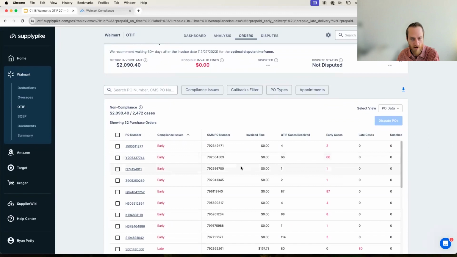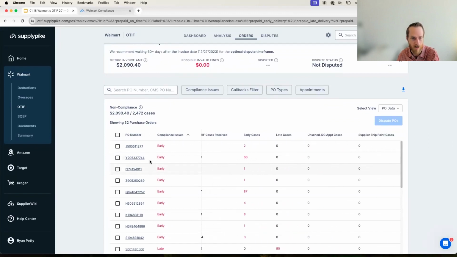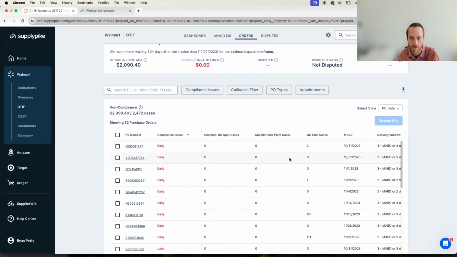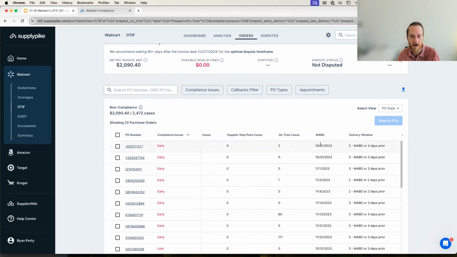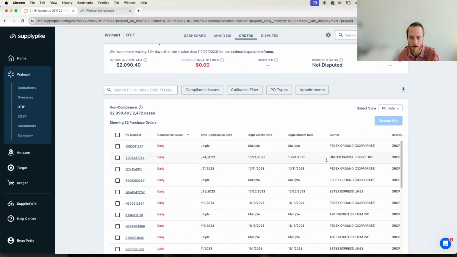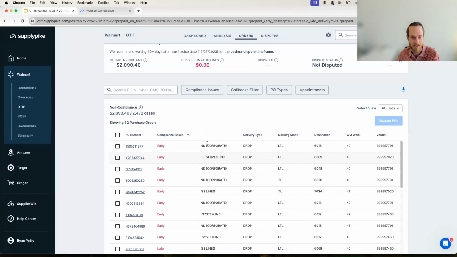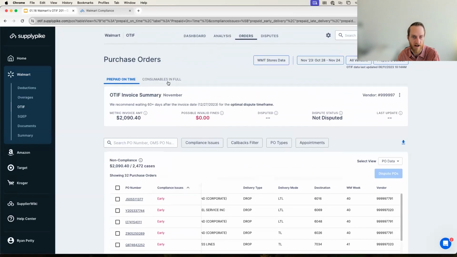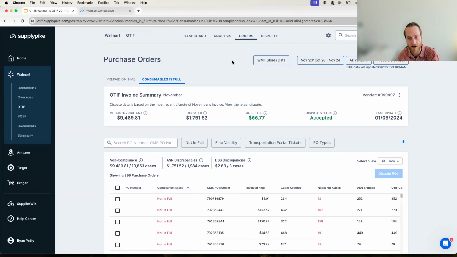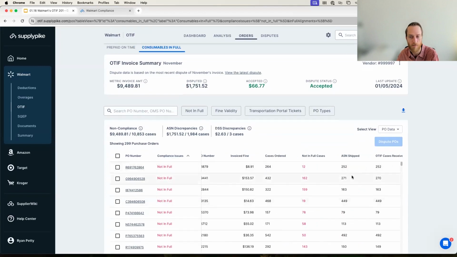And even if you are not disputing, there's still a ton of visibility here to understand exactly what happened on each PO: early, late, your must arrive by window, when you actually arrived, appointment information, carrier, type of delivery, all of that. Something we do on the in-full side, we also bring in your ASN data so you can compare